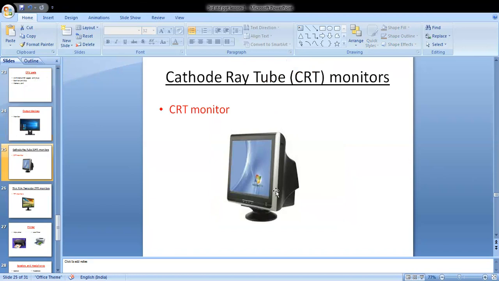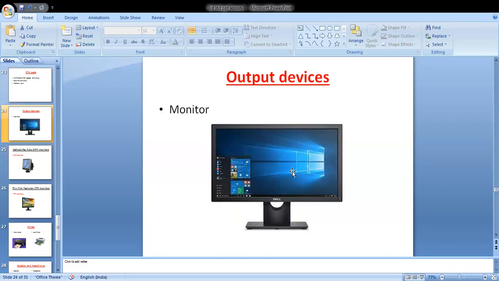Next, monitor looks like a television screen, or TV screen. The actions that you perform using a mouse or keyboard, means whatever you are doing using mouse and keyboard, typing letters or drawing images, are displayed on a monitor.